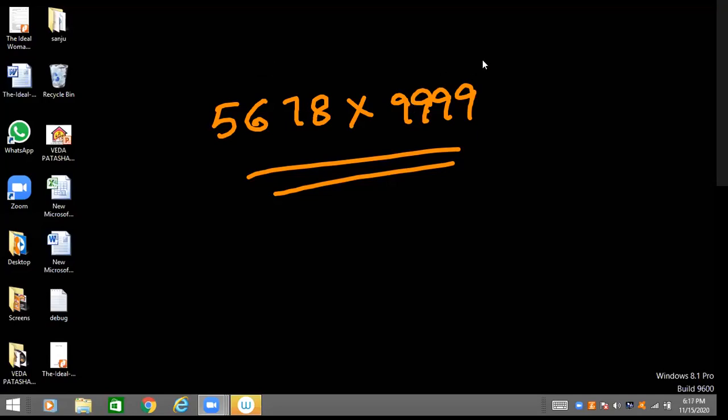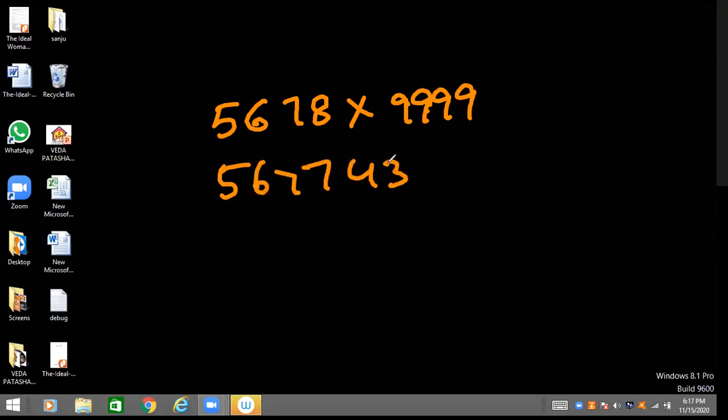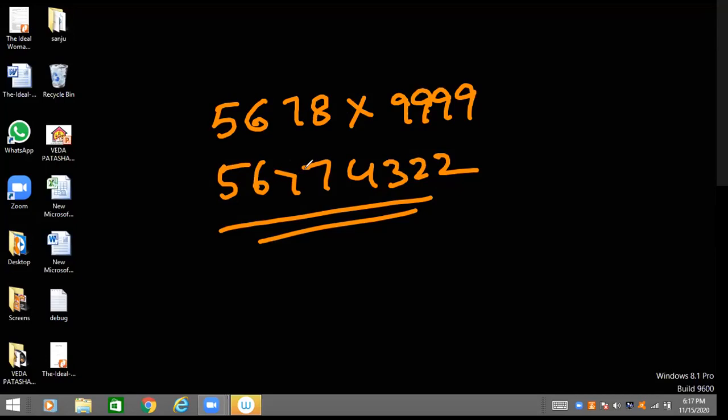And if you learn Vedic maths, let me tell you, you can solve it in just 10 seconds. The answer is this. Please check in the calculator, is it right or wrong? Will anyone please tell me, is it right or wrong? Is it right? Thank you, Karthik Garu. Karthik Anand. Thank you so much.